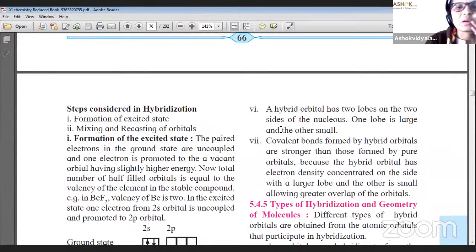And the next feature is that a hybrid orbital has 2 lobes on the 2 sides of the nucleus, one lobe is large and another is small. Covalent bonds formed by hybrid orbitals are stronger than those formed by pure orbitals, because the hybrid orbital has electron density concentrated on the side with the large lobe, allowing greater overlap of the orbitals. Today we have seen up to this part, and the rest of this topic will continue